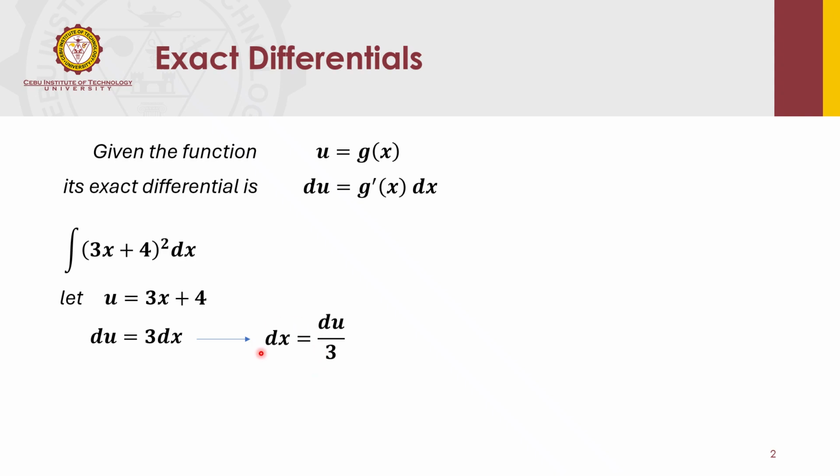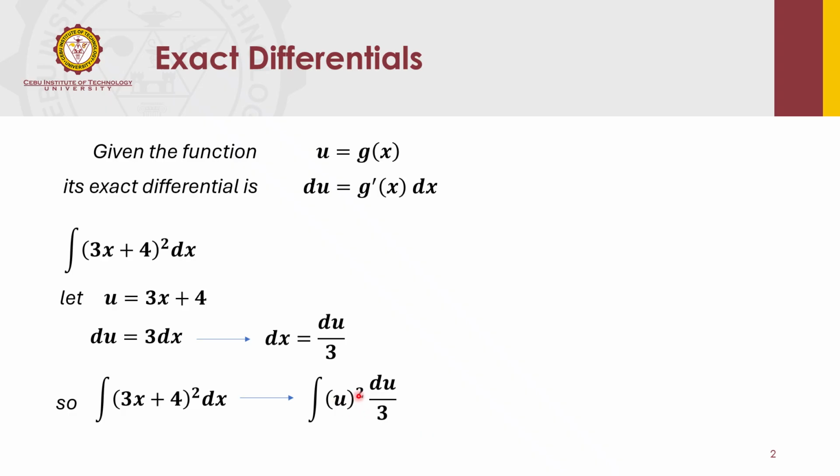So that we can use this equation in transforming the given integral, which uses x initially for its independent variable, into an indefinite integral using a new variable, which is letter u. Since u is 3x + 4, we can write it as u raised to the power of 2, and then dx can be written as du over 3. So we use the basic integration formulas, if already applicable, to get the value of the indefinite integral.